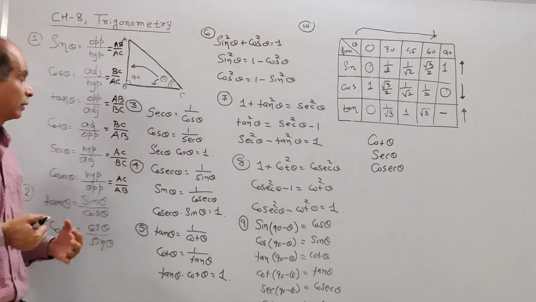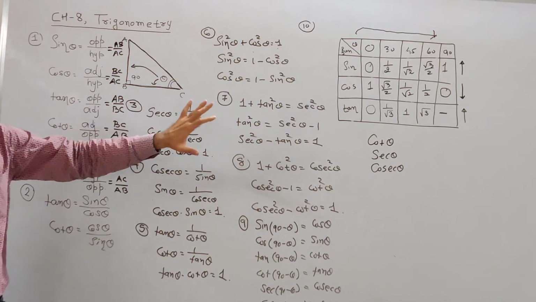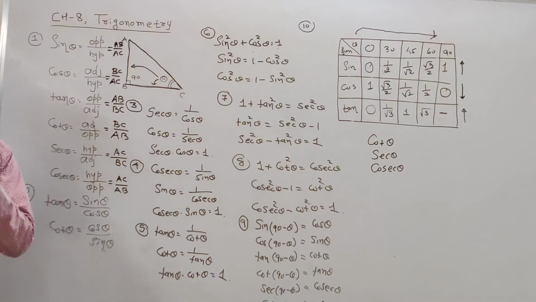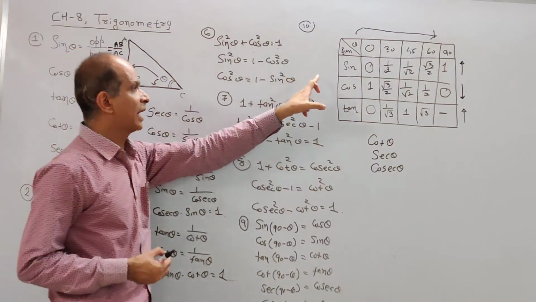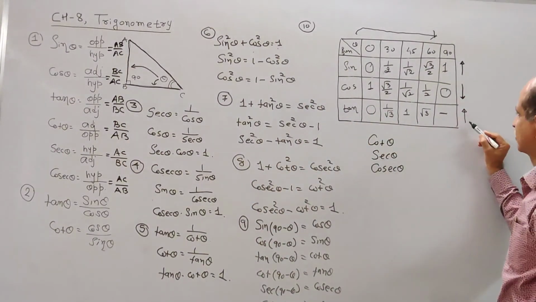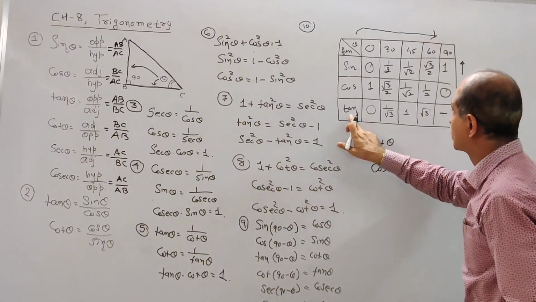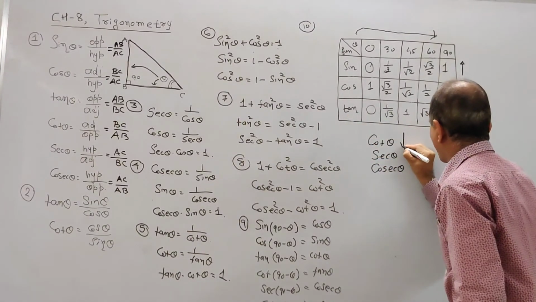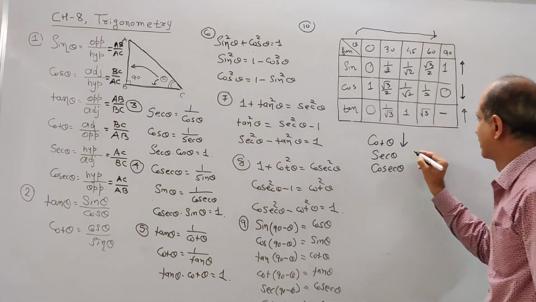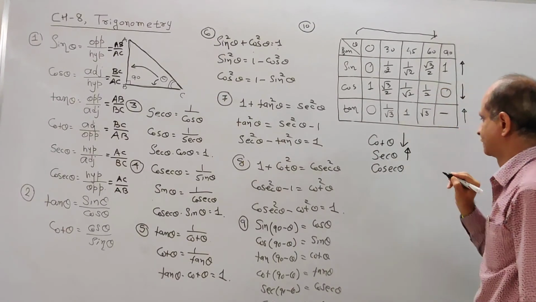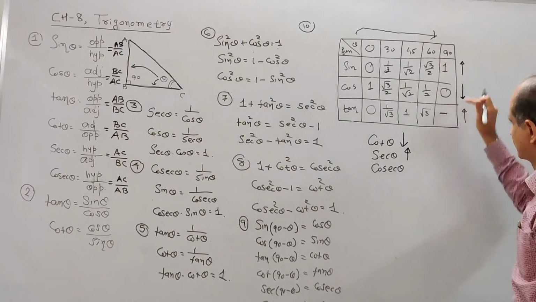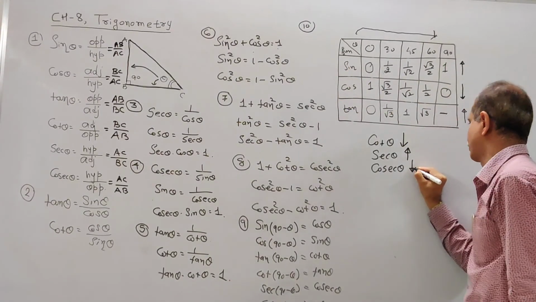So, in this chapter, we have discussed 10 formulae. These 10 formulae are very important for solving different examples. You know, sin theta is an increasing function, cos theta is a decreasing function, tan theta is an increasing function. So cot theta, the inverse of tan, decreases, that's why cot is a decreasing function. Sec means the inverse of cos, which increases, and that's why sec is an increasing function. Cosec means 1 upon sin. Sin is an increasing function, so cosec is a decreasing function.